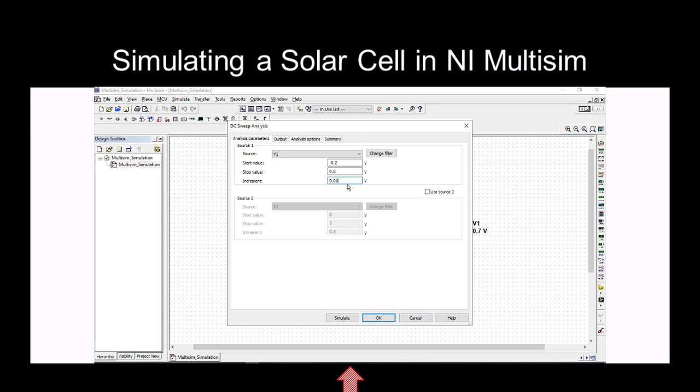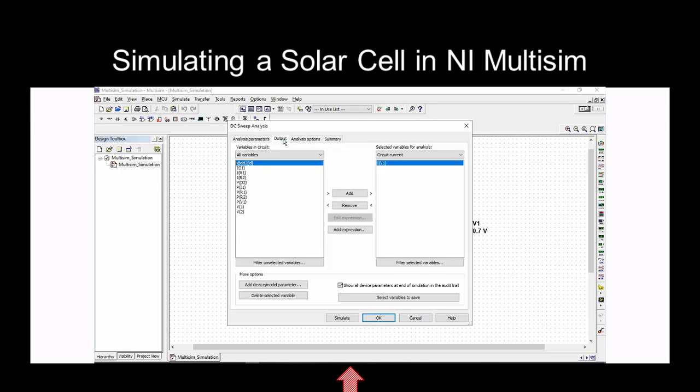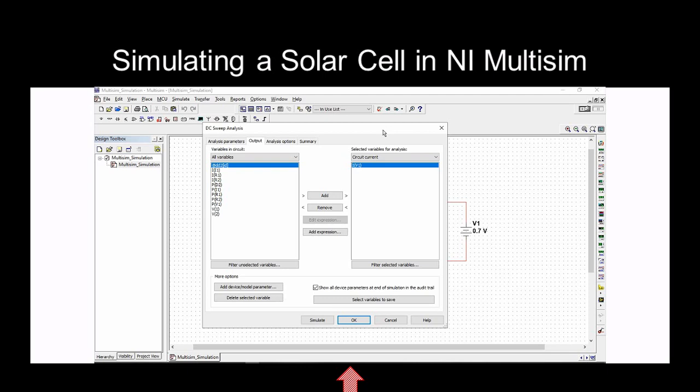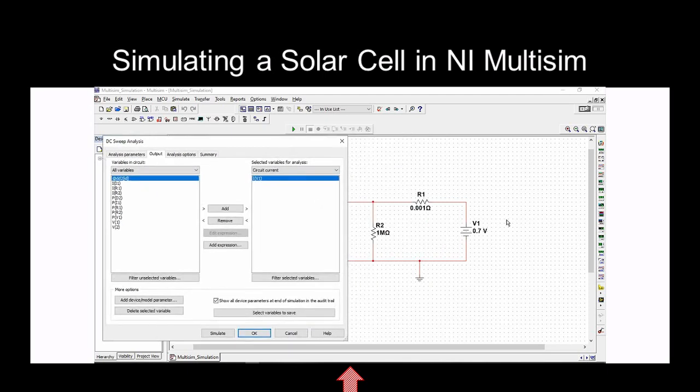Then you need to set output parameters. I will take current from the voltage source 1. So this is our load. What is the current going in this load that I have to measure? And this load is actually my voltage supply in this circuit.